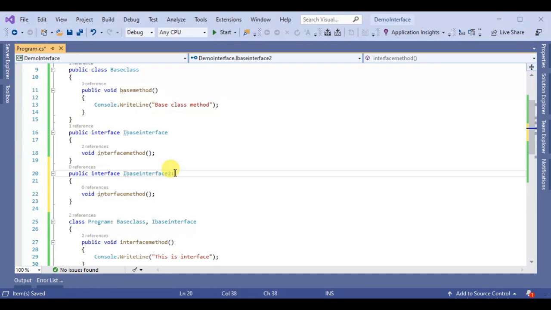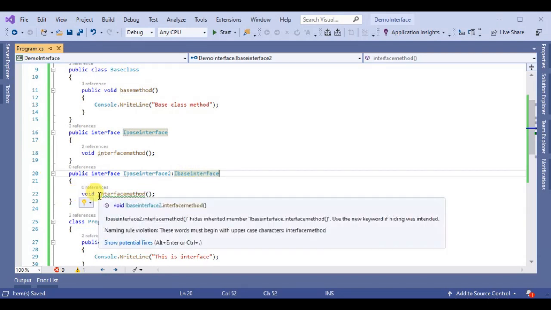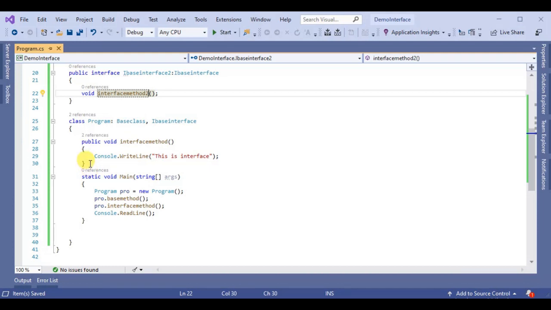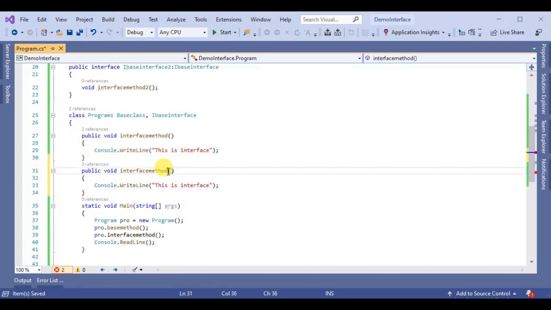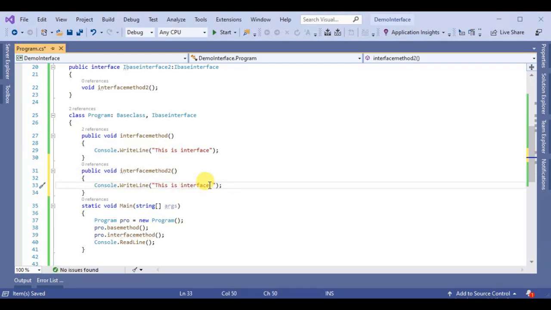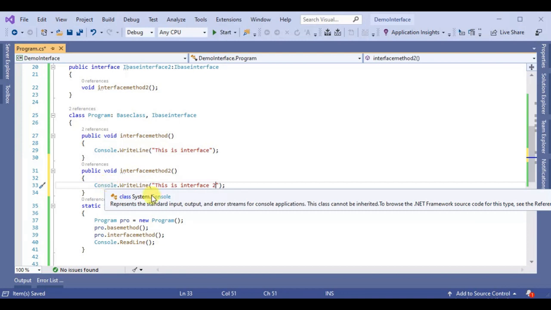So now we inherit interface 1. So the second interface inherits interface 1. Change the method name to second and save. And now we give the implementation here. So copy this and paste. Change the method name and the output. Yes. So save.